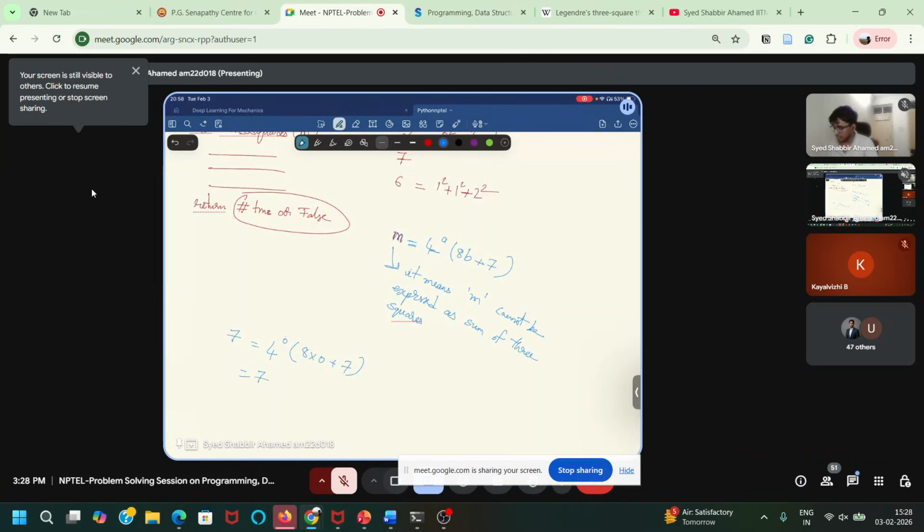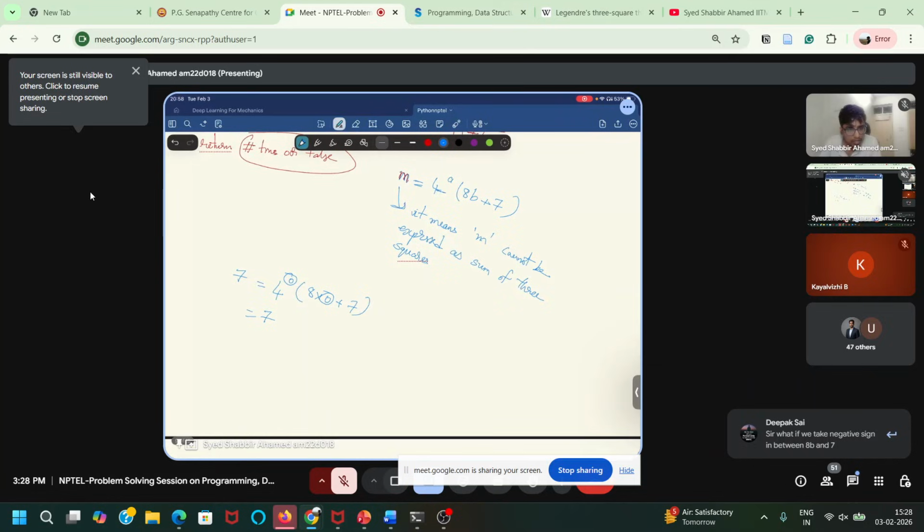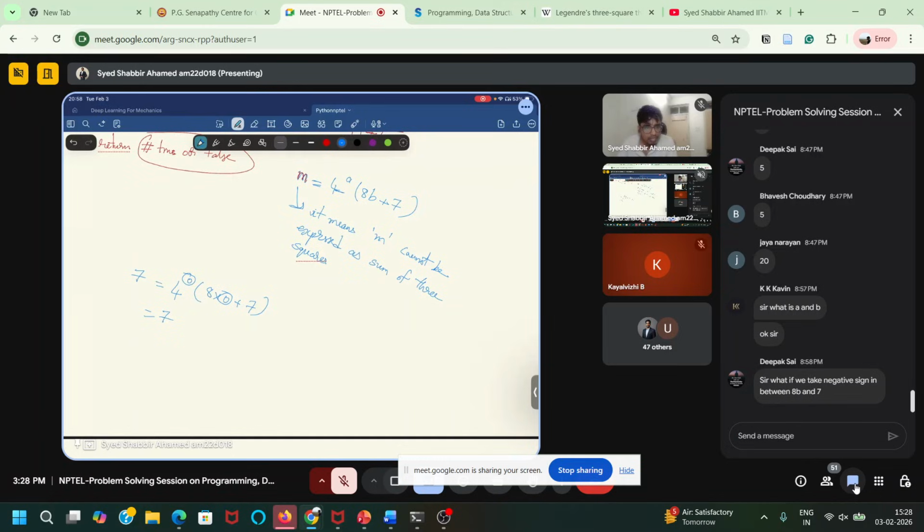So A and B in this case are 0. For 7, A and B are 0. What if we take a negative sign in between 8B and 7?